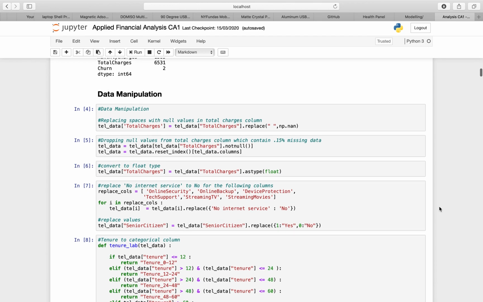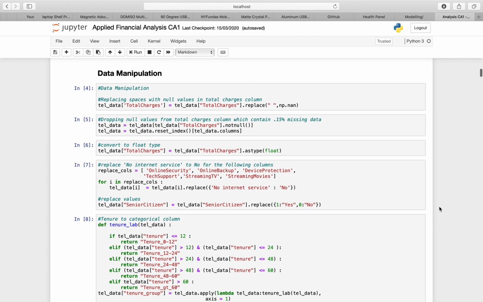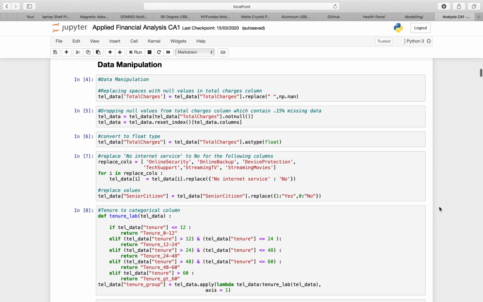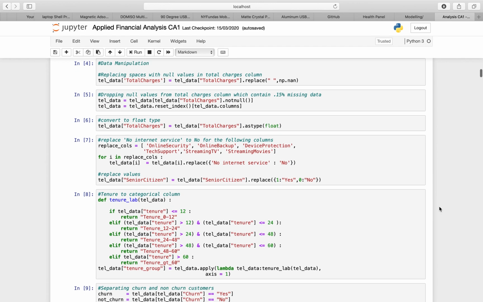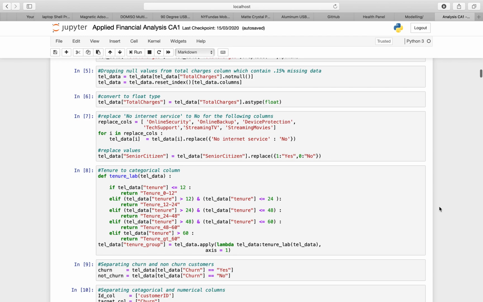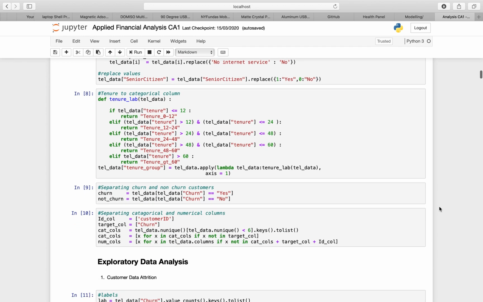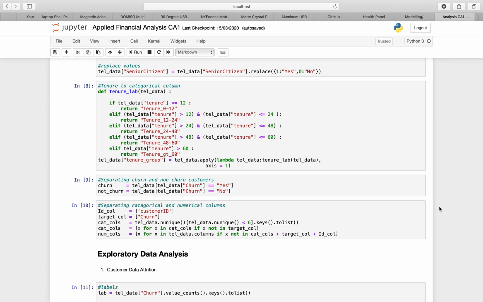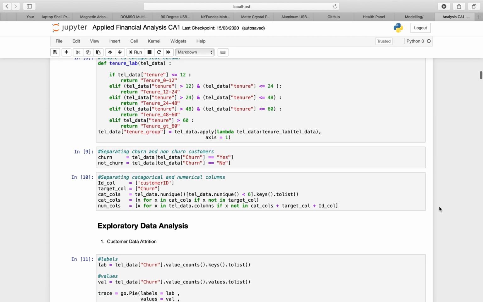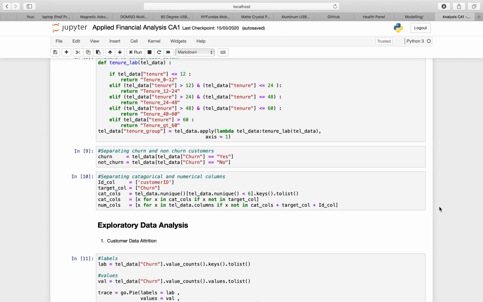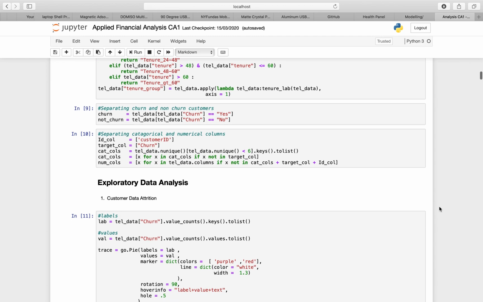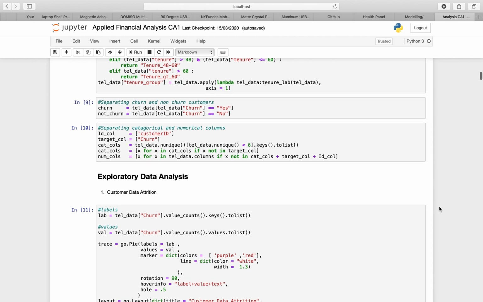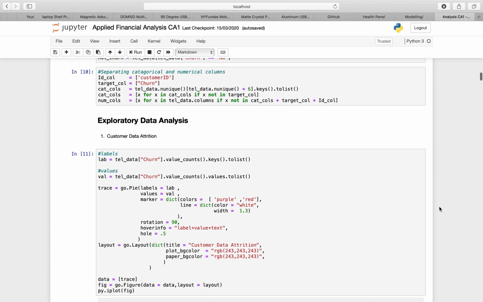Then I went straight to data manipulation, worked on the total charges, and tried to convert it to float so that I could work with it, because without converting it to float I was getting some errors. So I had to come here, manipulate the data a little bit, and convert it to float. Then I did some one-hot encoding, converting the tenure, and churn and not churn, so that I could use the data to get what I really needed through exploring my data. So under the exploratory data analysis,